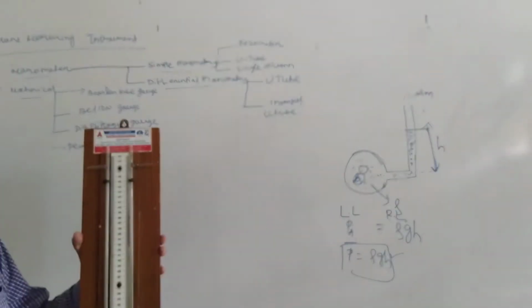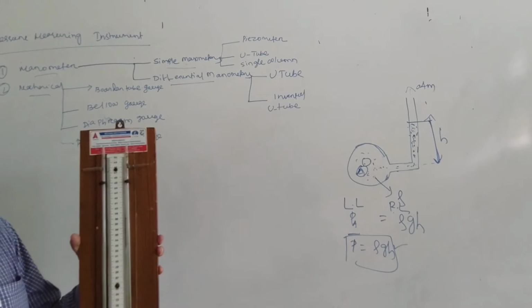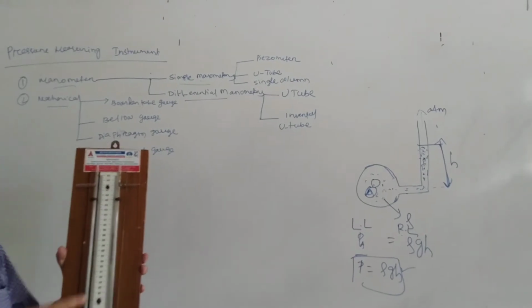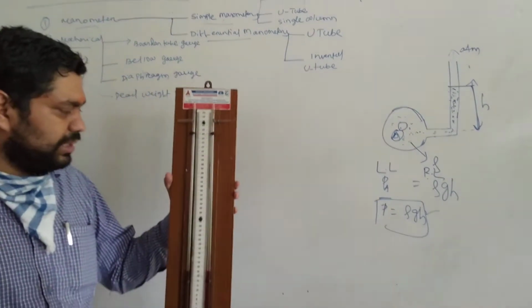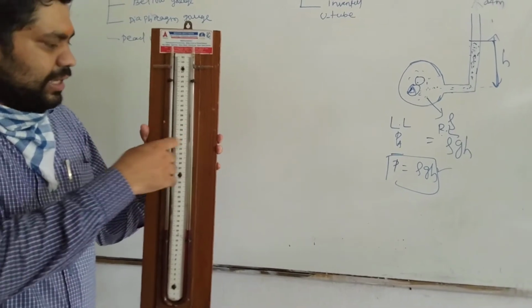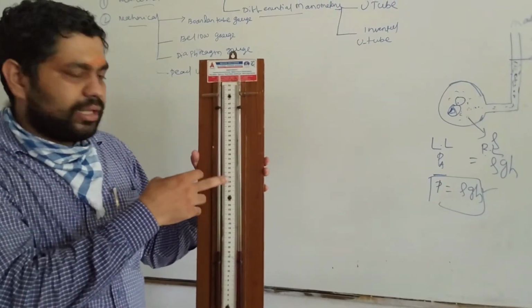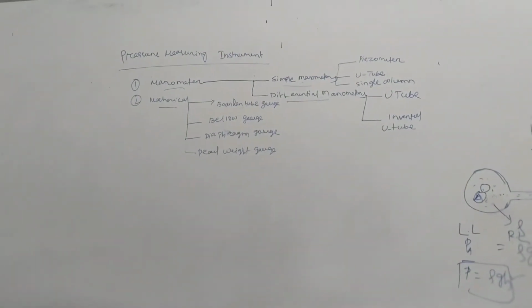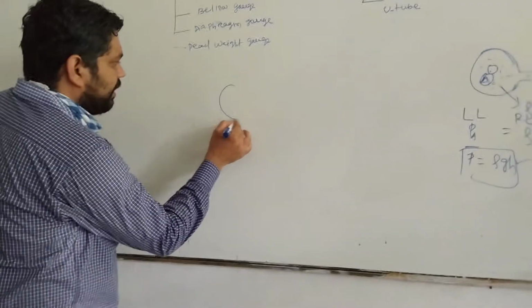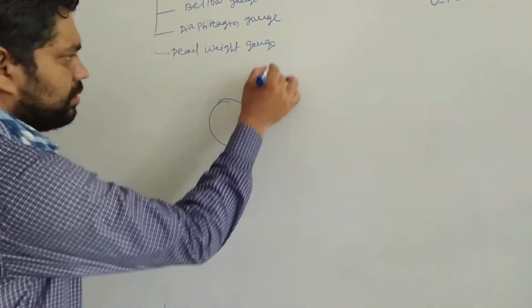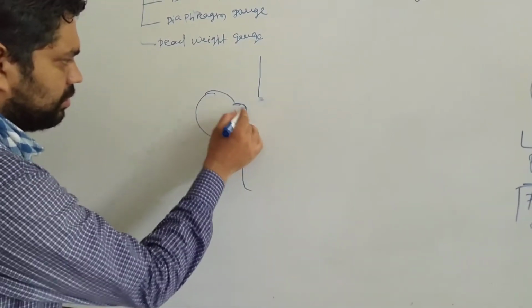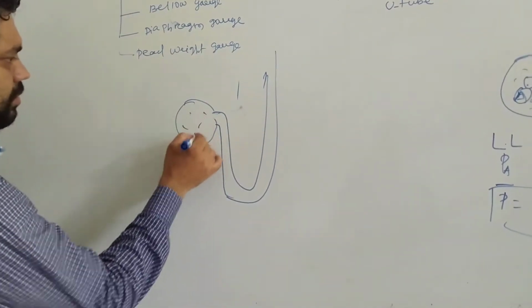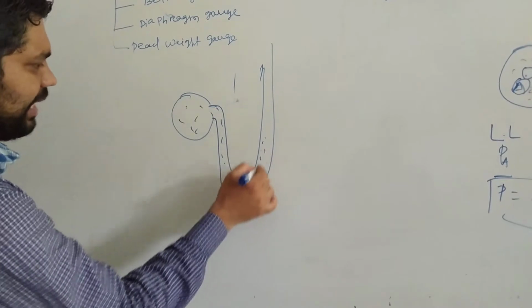Under the simple manometer, a liquid is taken here. This is oil, engine oil, with density 0.8, and this is water. You can calculate from this. Taking the water, you can consider the difference of this height, and from that height you can also find the level of pressure. How do you find it? If you consider a simple U-tube manometer, there are two liquids, one heavy liquid and one light liquid, used here.